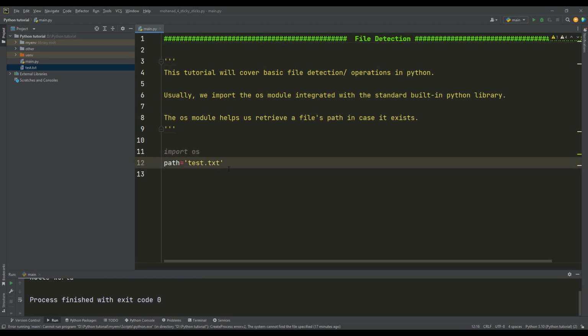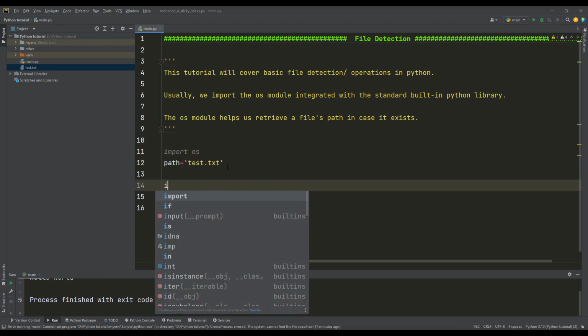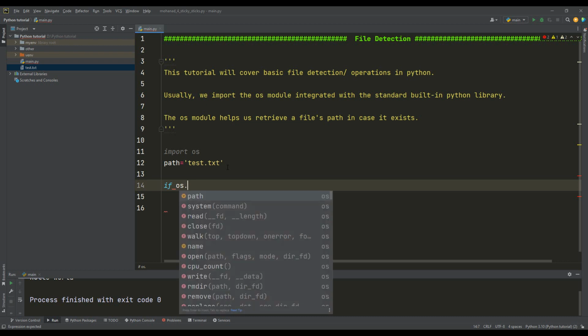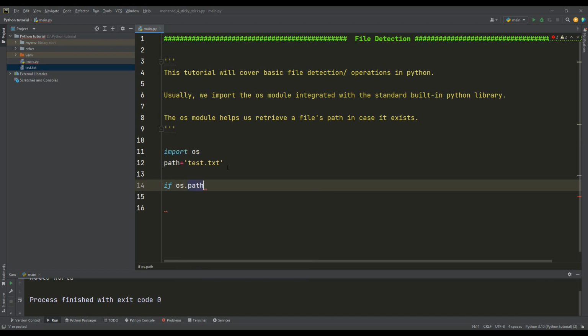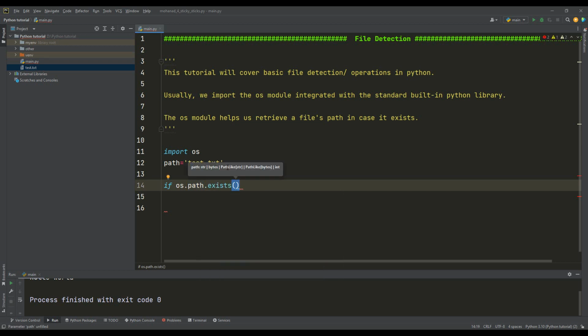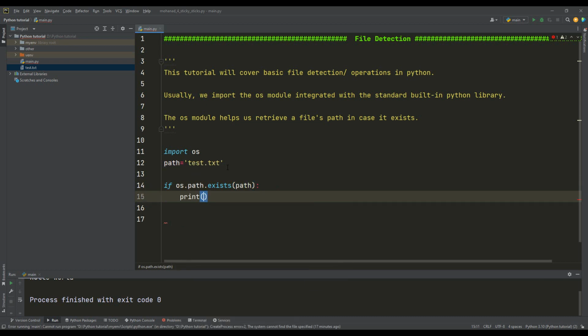For example, let us use if os.path.exists, and if this path exists and is a real path, then we will print